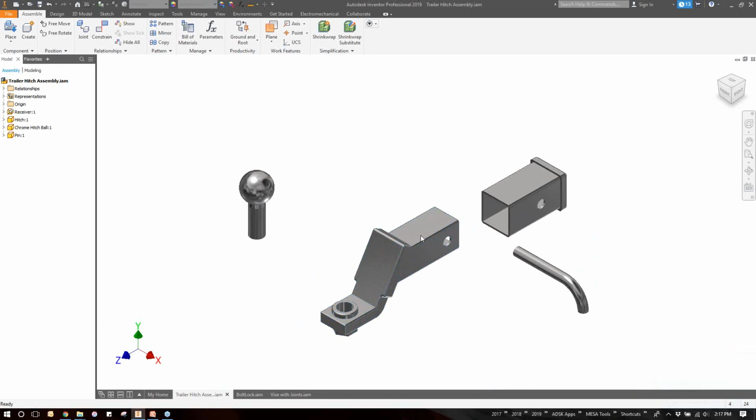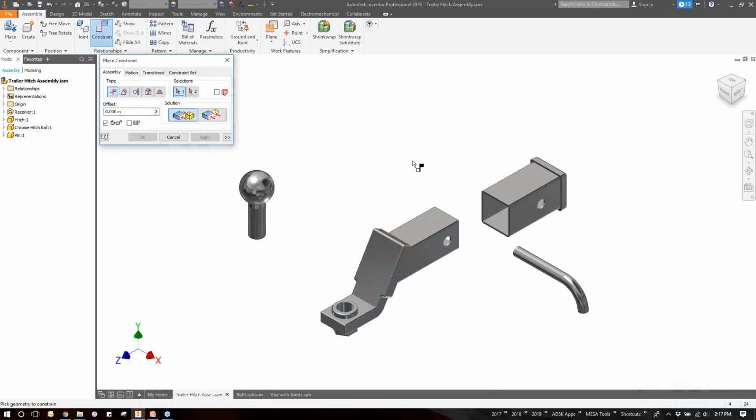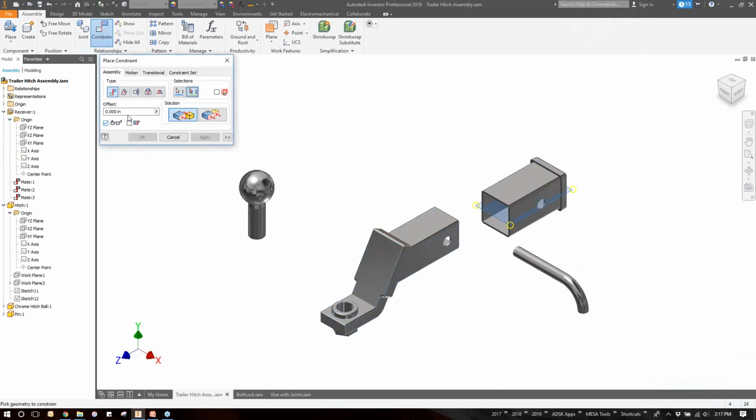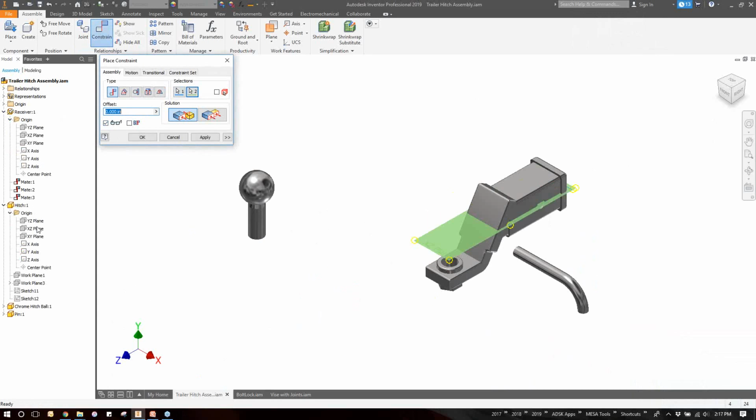If you start constraining between geometry, you run that risk of having to make some tweaks or changes on the assembly side whenever you update a part. So let's take a look at a couple here. I'm going to start off with my constraint tool, and I'm going to use the origin planes between the hitch and the receiver. I'm going to find that plane first, that plane second. Looks like a mate type works just fine there, so I'm going to go ahead and click apply to that one. And then I'm going to grab the second one,